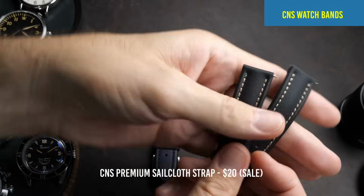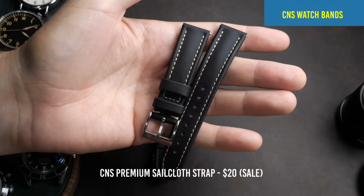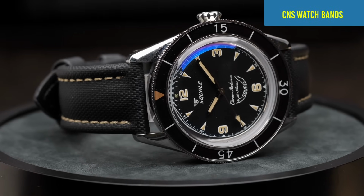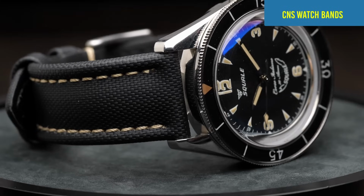I often find that I'm not that happy with the quality of the straps that they offer, but as far as getting a good variety in and getting to see what something looks like on a watch, I think they're great for that. I didn't notice that they had sailcloth straps until after I'd gotten a lot of the other ones in for review. So to speed things up, I just purchased a couple directly, especially because they were available for only $20